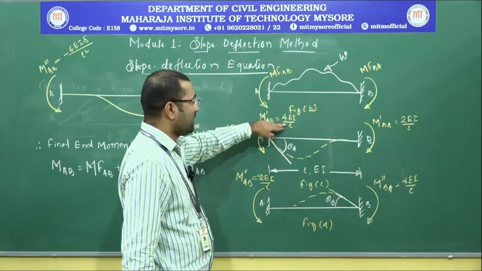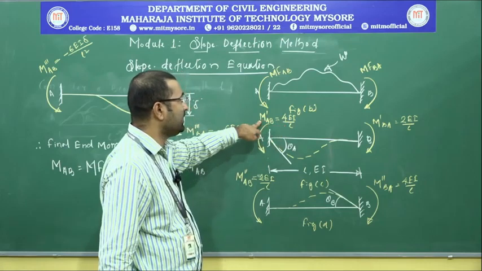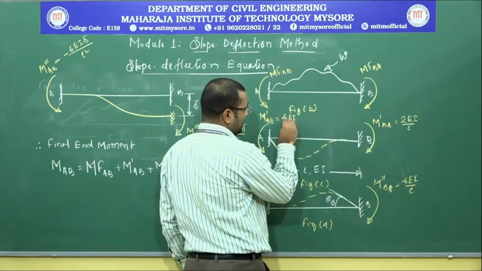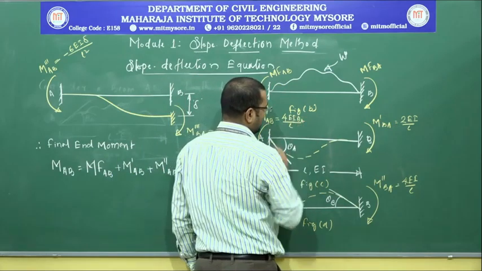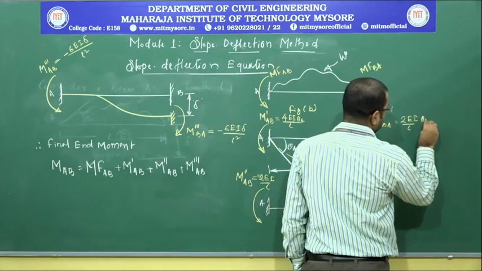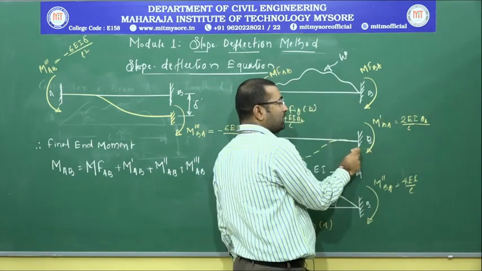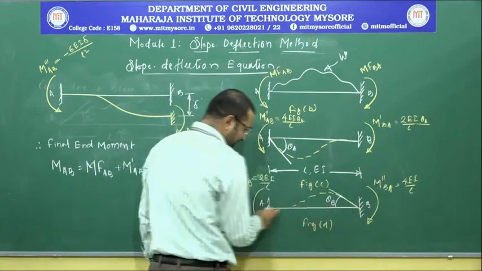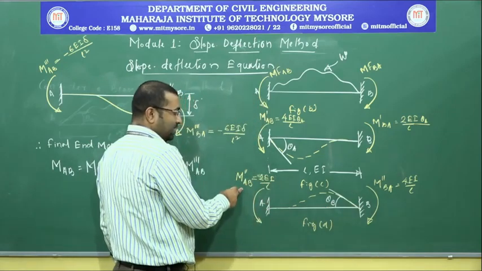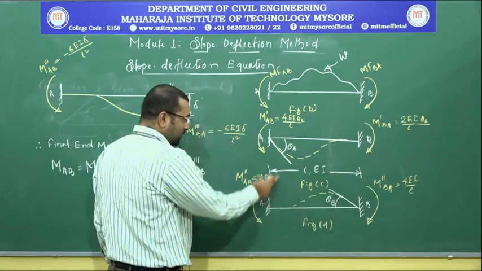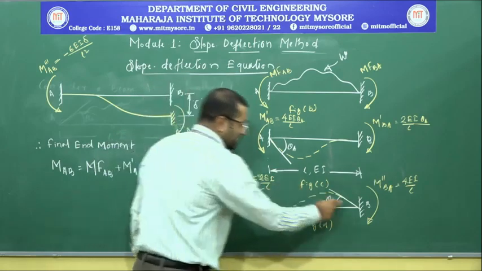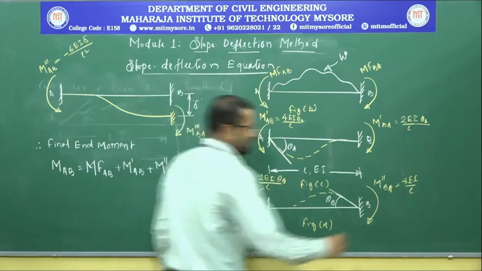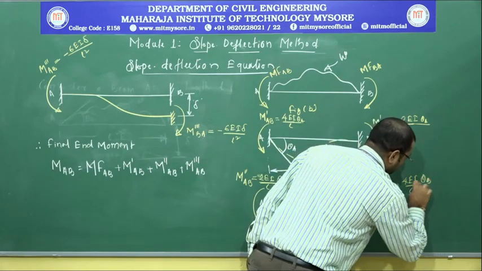Now here one thing we have to observe. How much should be the rotation at these locations? As we are trying to determine the bending moment about A and B, I have to consider the rotation values at A. That is, it will be 4 EI theta A by L, and this is also 4 EI theta A by L, even though we are determining the bending moment at B point, we still have to consider the rotation at A. Similarly, in this case, we are determining the bending moment due to the rotation at B. Even though we are determining the moment at A, we have to consider the rotation from B. So this will be 2 EI theta B by L, and this is also 2 EI theta B by L.